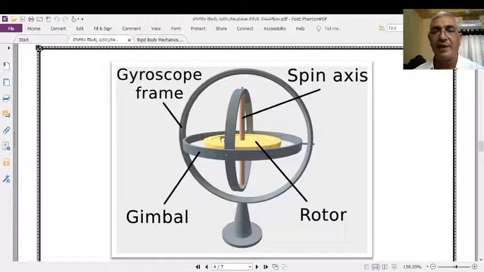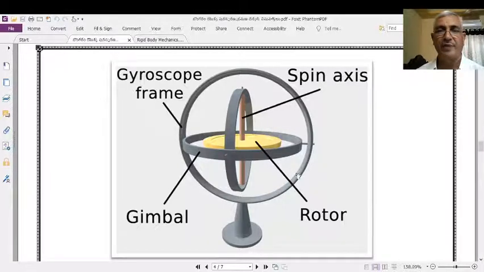It means that while the rotor rotates, the axis can get its own position, and it can oscillate in this way. Therefore, this frame can move in this direction for the desired position of this axis. This frame is also attached to this other frame, and ultimately the outer frame is connected to the frame of the gyroscope.